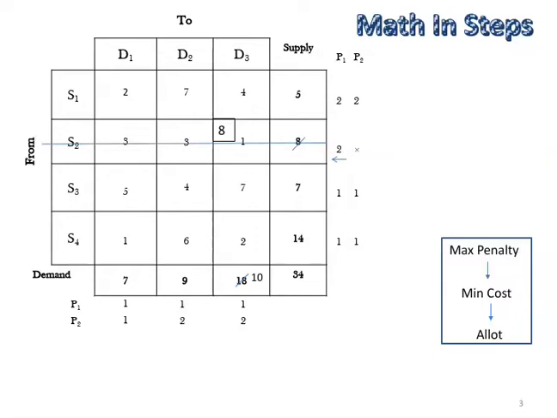So there was a tie in the maximum penalty, and then we ideally go for minimum cost to break this tie, but in this case the minimum cost is also 2 at 2 places. For the third column, maximum penalty minimum cost is 2. For the first row, maximum penalty minimum cost is again 2. So in the minimum cost also this time we have a tie, and when we have a tie in the minimum cost, we proceed just like least cost method or matrix minima method, where we can allot more number of units. We make our allotment there.